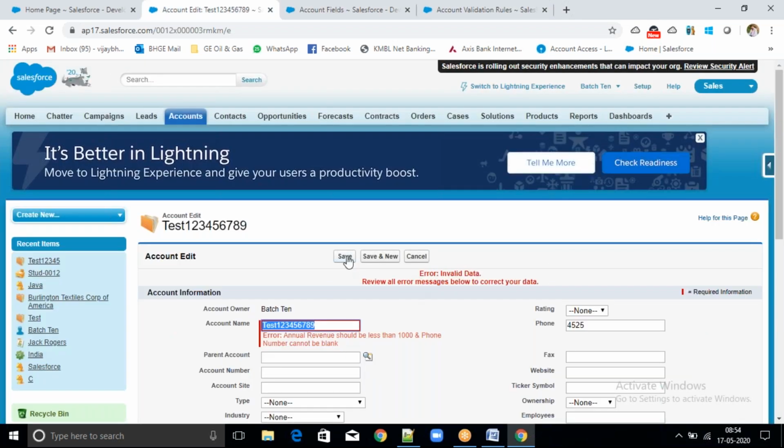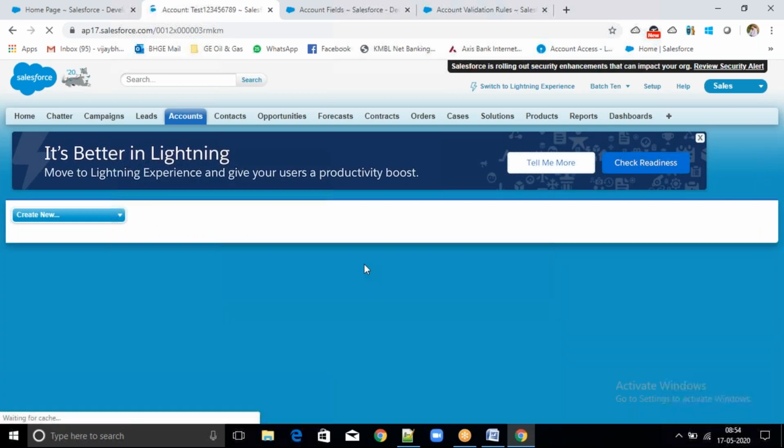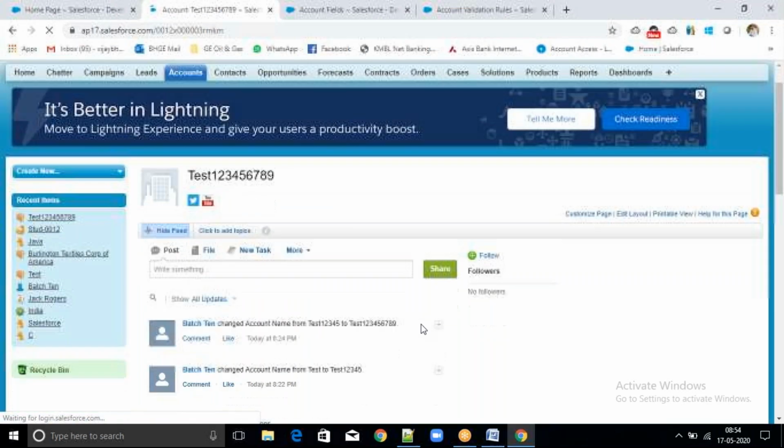Check the condition. So I will go and say, will it give error or not? No. Okay, click on save. Now it didn't give any error.